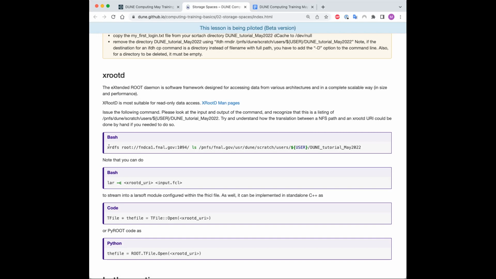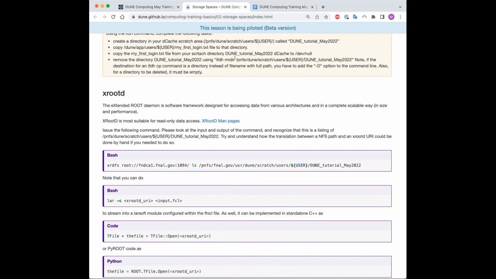If we look at the commands that I've listed here, xrootd will do a lot of things for you. It will do ls, it will do copy commands, things like that. But what we want to try and understand is how we can do a translation between an NFS path and an xrootd URI. Because right now we have something such as